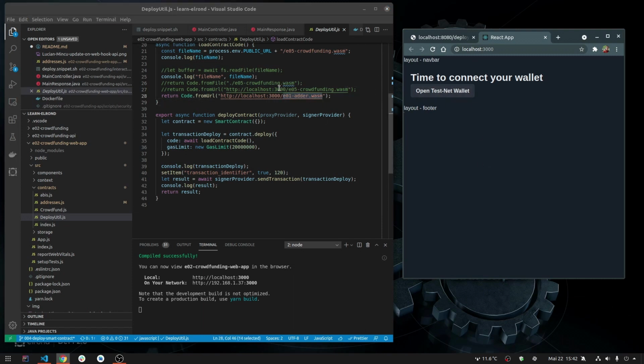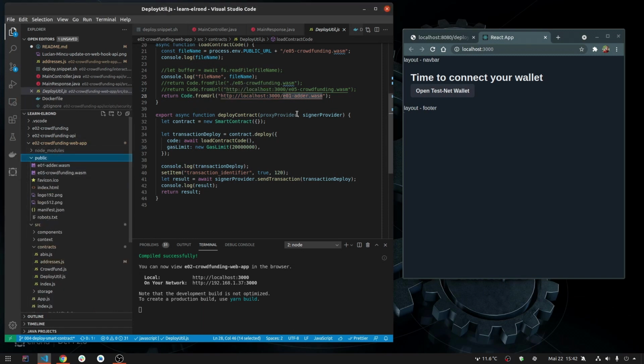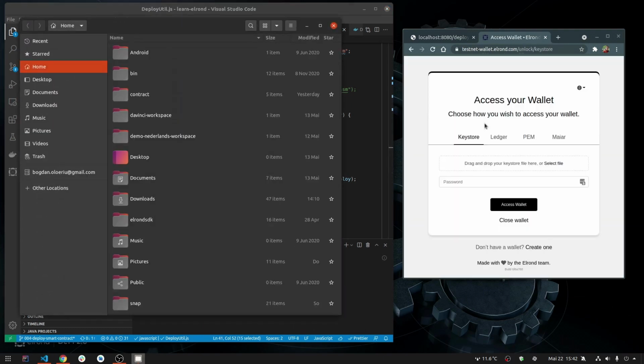Because it loads the binary from the WASM, I put them in the public folder here, so it gets it from here, and then it just calls this signer provider send transaction, and this one calls the webhook. So if we log in and see this one working,